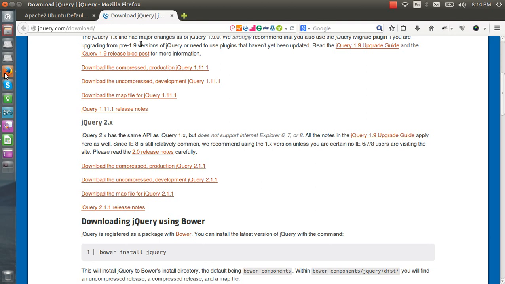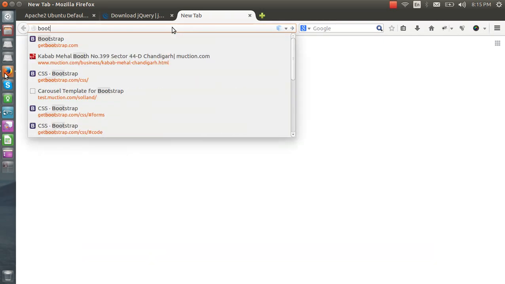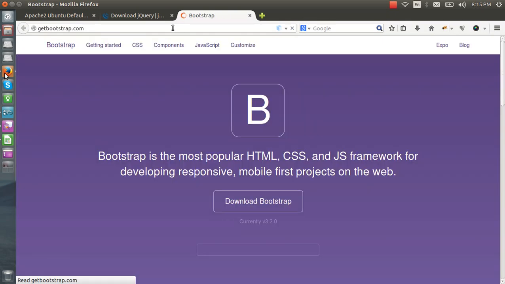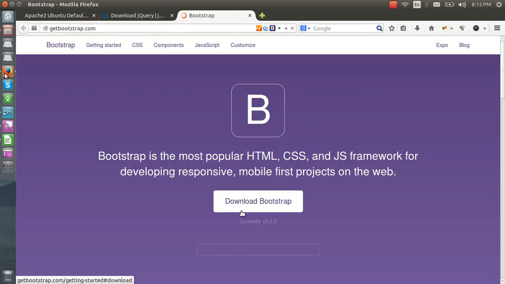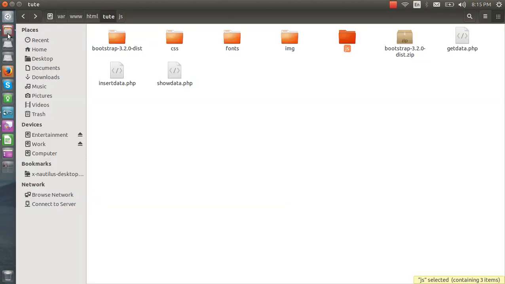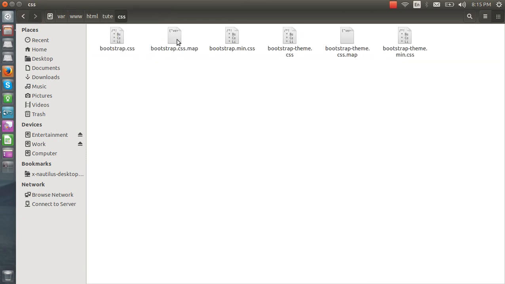Another thing is that I want to make a form here, so I'll not be involving myself in the designing part right now. For that I'll be using Bootstrap, downloaded it from here and then extracted it here. I have extracted the CSS and JS files from there to here,